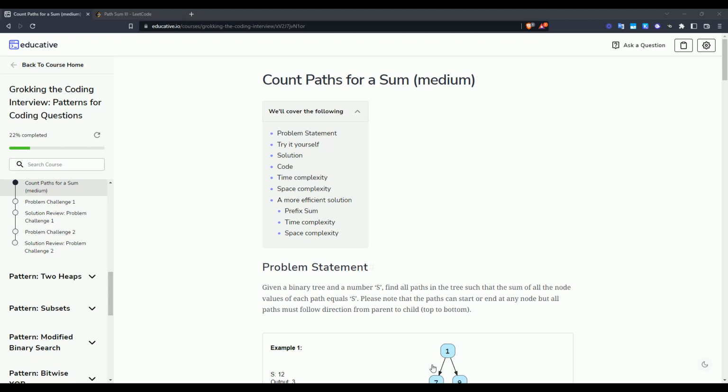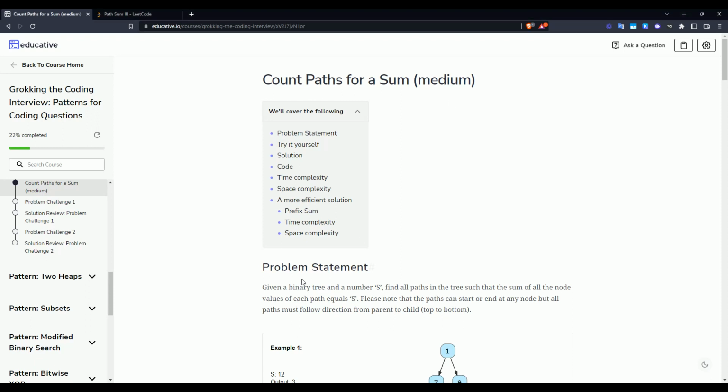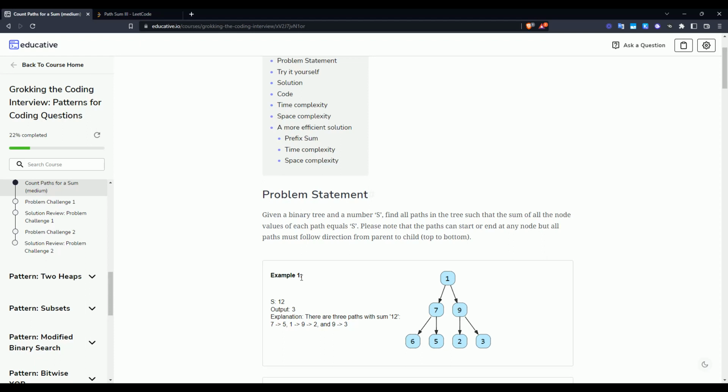My name is Parth, and in the series we are going through the depth first search algorithm at this point in time. In this video we'll have a look at count paths for sum, which is classified as a medium problem. So let's look at the problem statement and try to implement a brute force solution. They have also proposed an efficient solution which I'll be going over in the next video. So let's try to implement a brute force